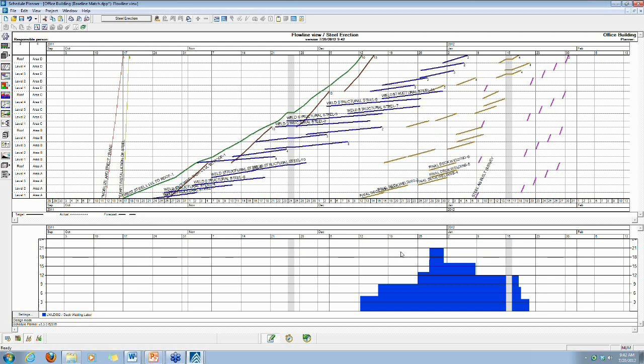Now, oftentimes if you review this with a subcontractor and you ask them, is this how you intend on installing your work? They will respond no. It is not in their interest to vary their crew size from week to week. It causes some burden and adds risk to the schedule, not only for getting those guys as needed for each of the days and adding them and then releasing them as needed, but also it adds learning curve to the project or to the activity every time you add new guys to your